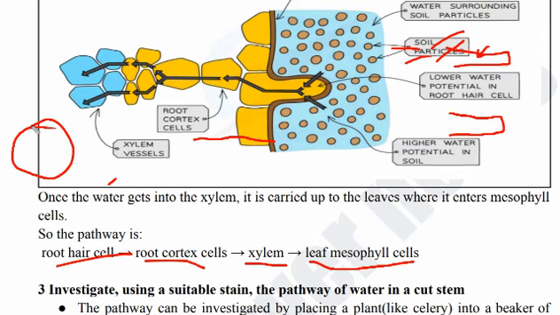For example, if I simply draw its anatomy, the outer part is the epidermis. The smallest hair-like extension of the epidermis is called the root hair. The inner cells are called the cortex. This is the empty space where the cells are present, ground tissue cells, and these cells are called cortex cells. Below the cortex, there is a layer of cells called the endodermis. And inside the endodermis, two vascular bundles are present. One is called xylem and one is called phloem. The inside is the xylem, and the outside is the phloem.